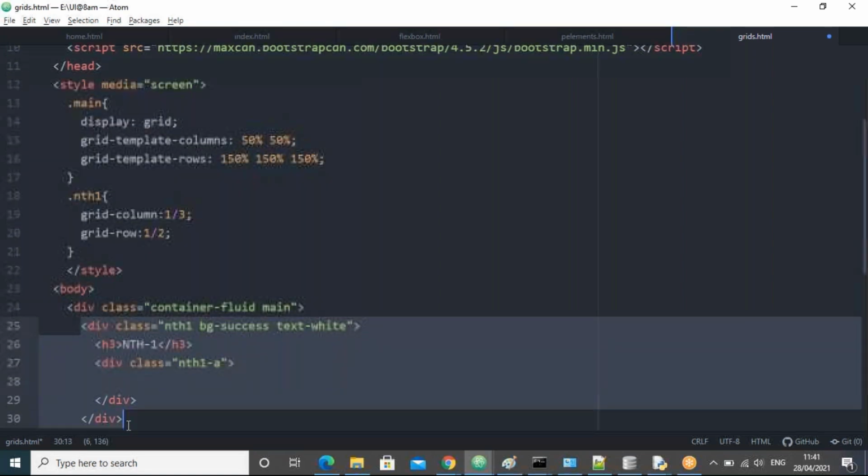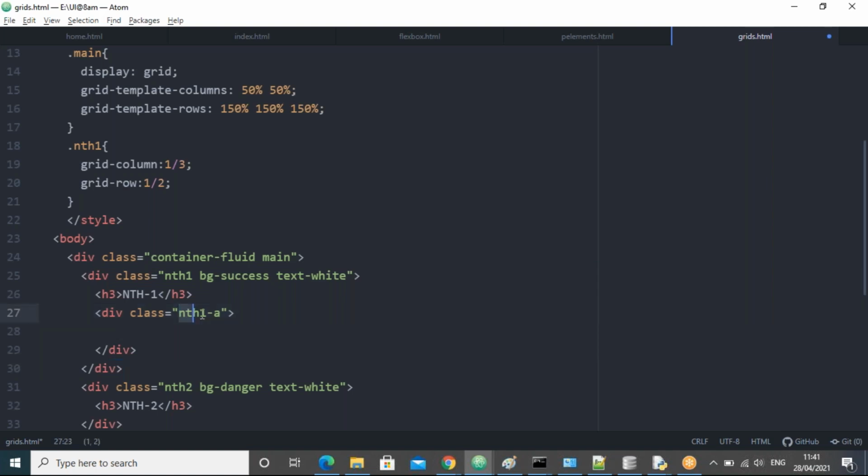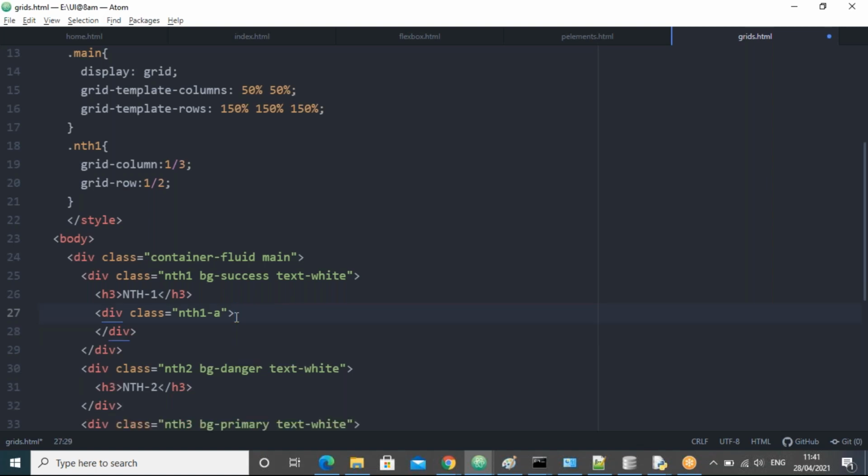What is the parent name here? This name NTH1 is now the parent, guys. I am taking the subgrid names NTH1A, NTH1B, like that. I'll take them all on a single line so that it occupies less space here.